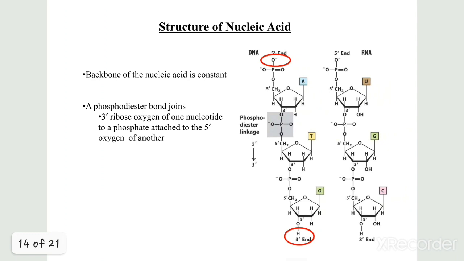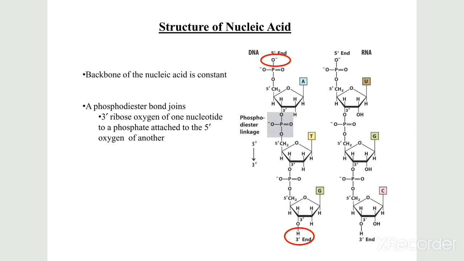Now, the structure of nucleic acid includes both DNA and RNA. The differences between DNA and RNA include the sugar: deoxy sugar in DNA and ribose sugar in RNA. Similarly, the difference in the bases is that uracil is present in RNA while thymine is present in DNA. Here you can see the strand of DNA. It runs from the 5' of the phosphate group to the 3' of the sugar base.